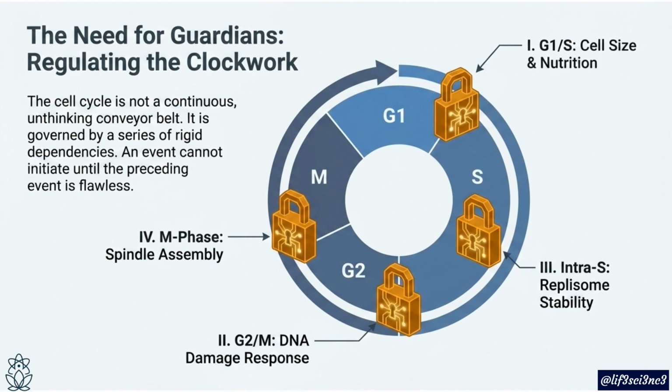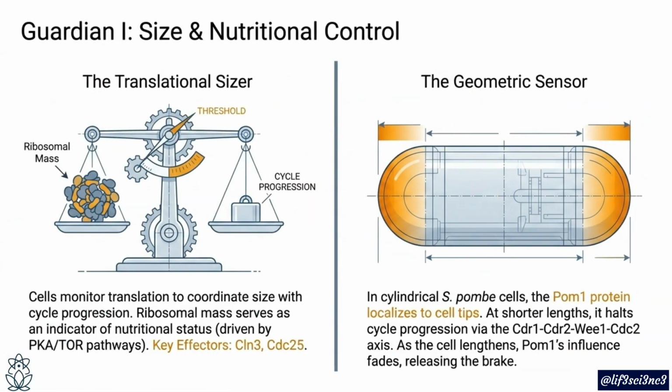These checkpoints ensure flawless progression, checking for cell size, nutrition, DNA integrity, and spindle assembly before moving to the next phase. Guardian I controls size and nutritional status at the G1/S checkpoint. The cell monitors ribosomal mass as an indicator of nutritional status and uses geometric sensors in cylindrical cells to coordinate